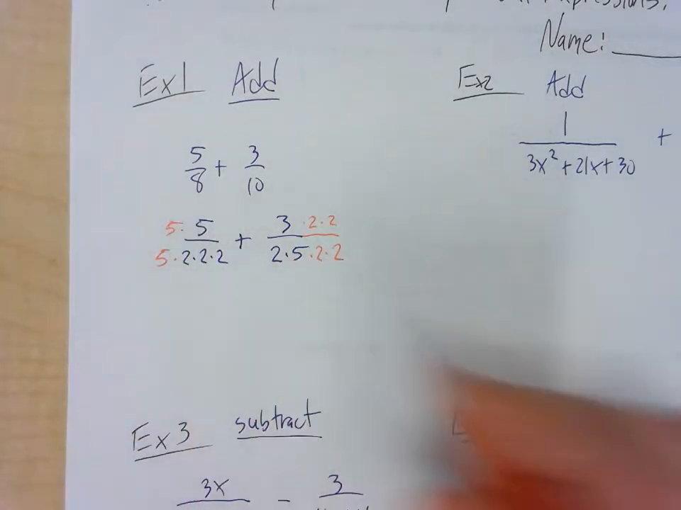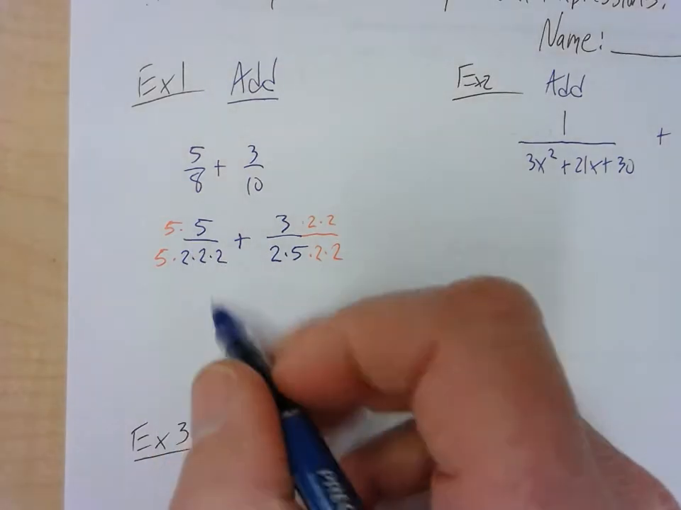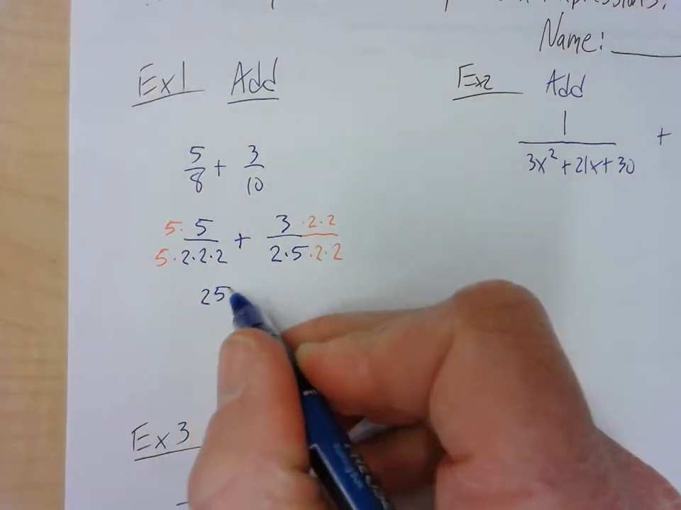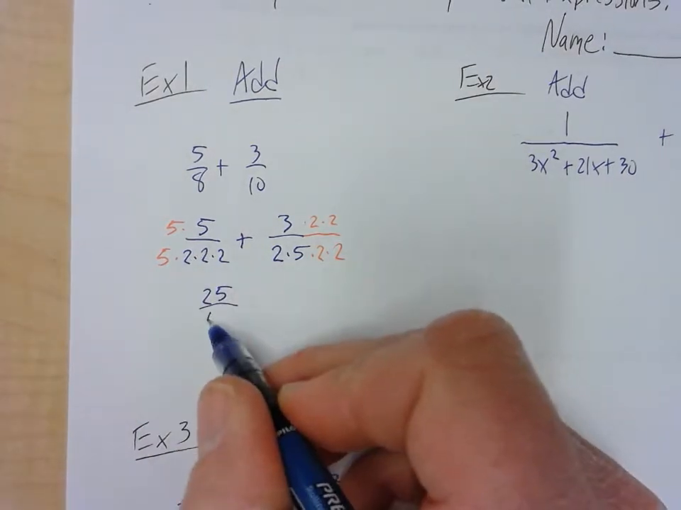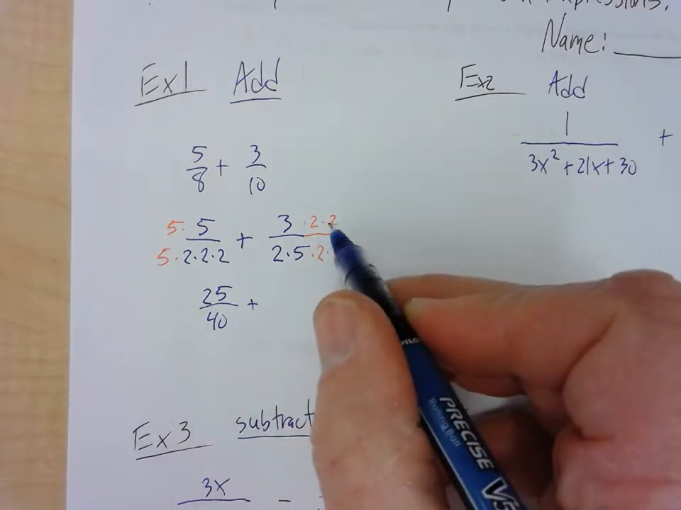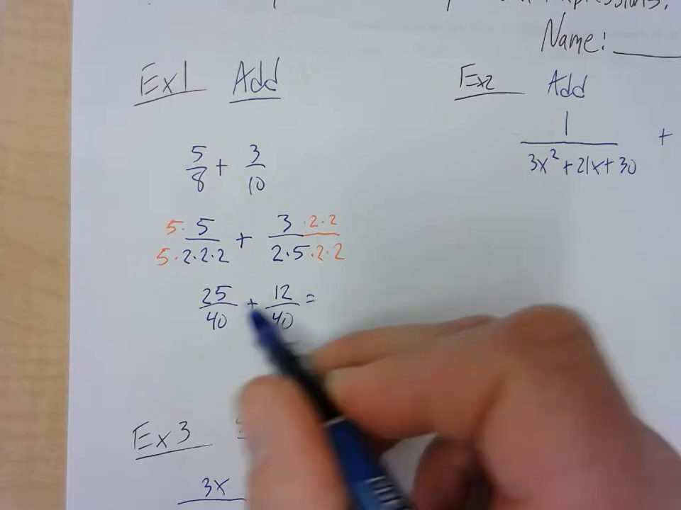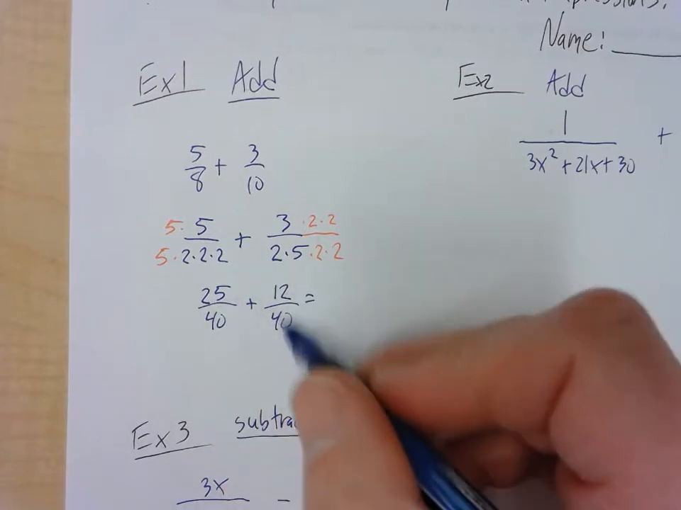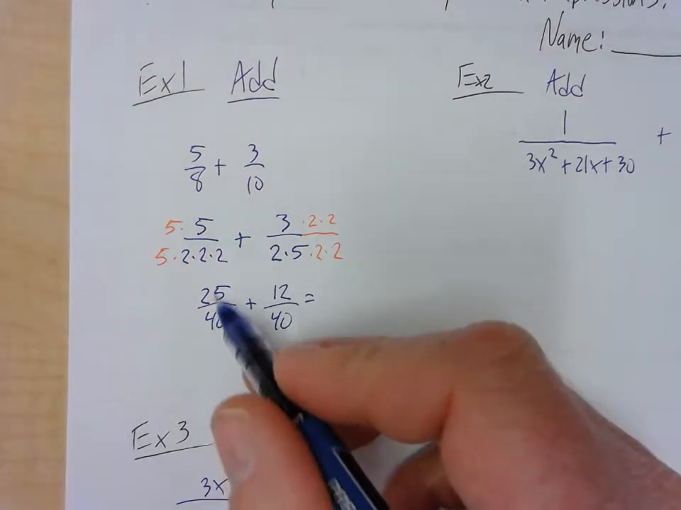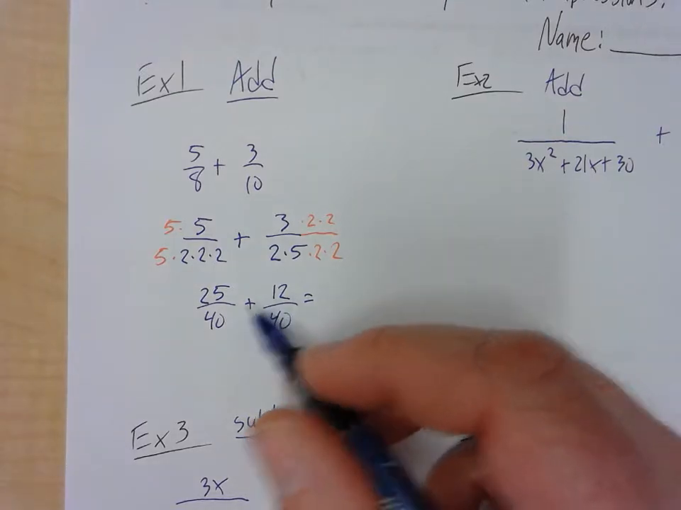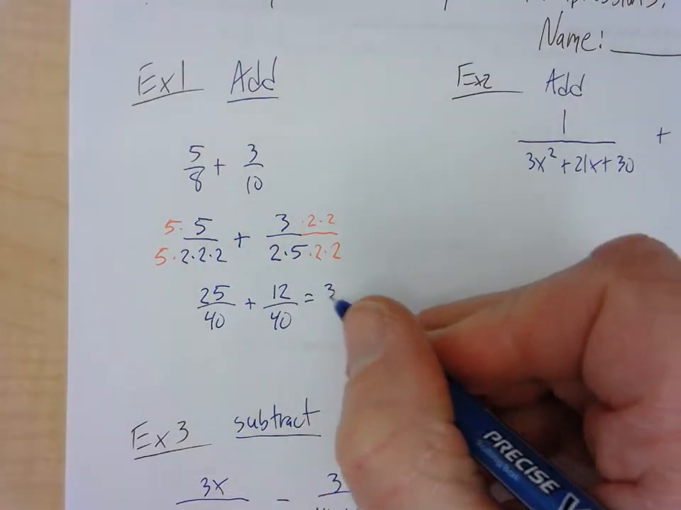The result of this is 25 over, that's 8 times 5, which is 40, plus 12 over 40. So now I have 12 things that are the size of a 40th, and then 25 things that are the size of the 40th. So how many things do I have in all? I have 37